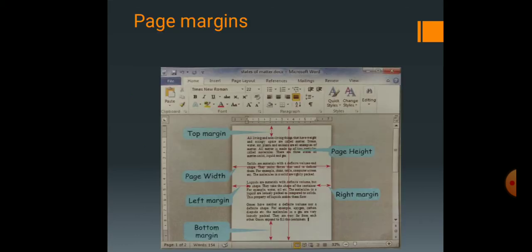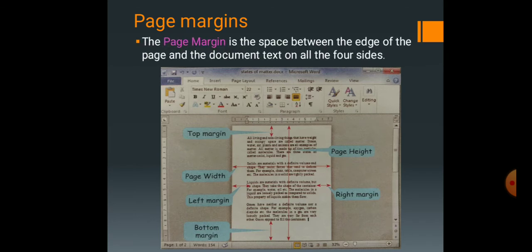First topic, page margins. How can we define the margin? Before that, what is meant by page margin? Page margin is the space between the edge of the page and the document text on all the four sides. See here,